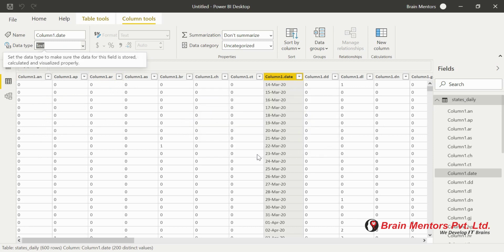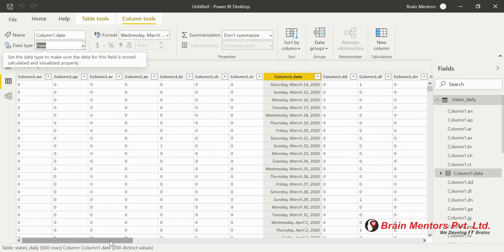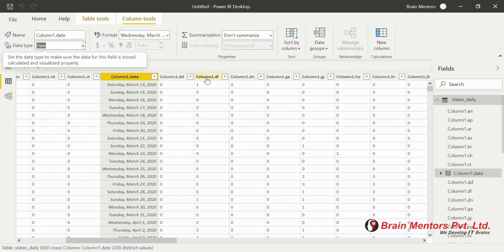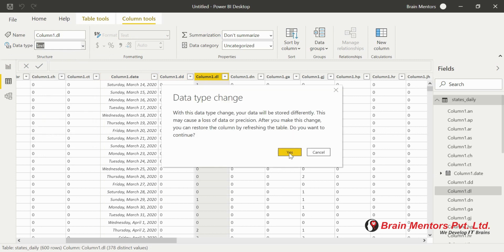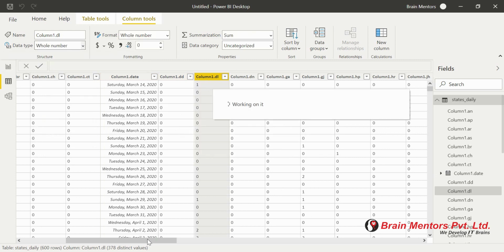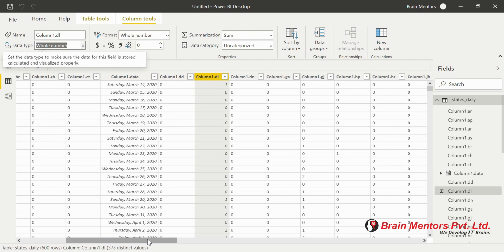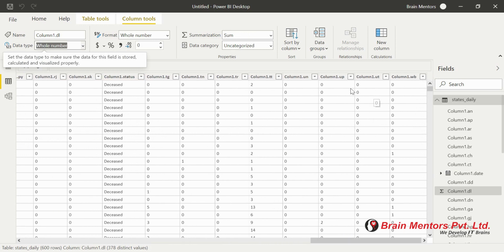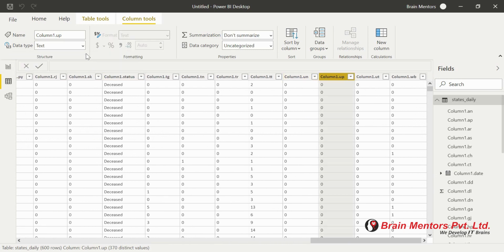And then we are going to pick a few of the columns according to our need. Like if I want to see the cases of Delhi or Tamil Nadu, Maharashtra, Uttar Pradesh, we just click on that particular column and convert it into a whole number. Similarly for a few of the rest of the columns. There is one more important column we'll be picking, so let's pick one more column first. We have UP, click on this, convert it again into a whole number.